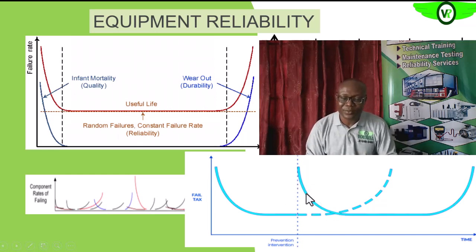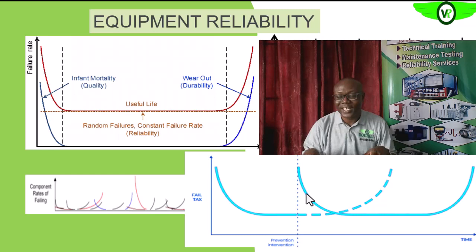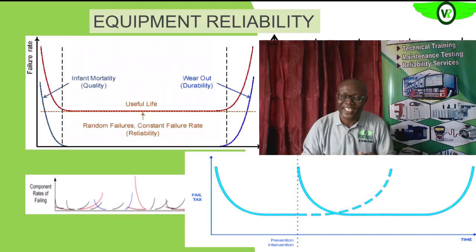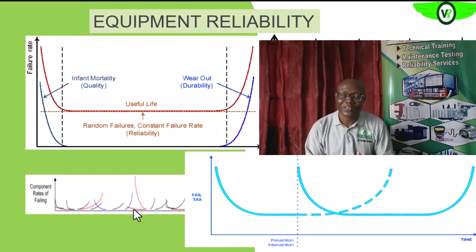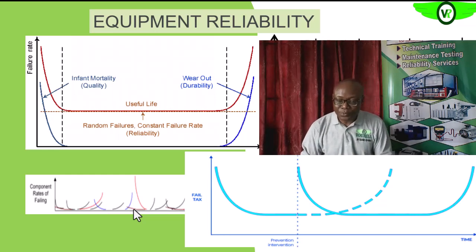So you see that the PM program, or most of the maintenance programs that we have in our facility, do not actually take care of our reliability issues. Okay, but as you can see, this random failure that is caused by these various components, we actually could not determine them. So the unplanned failure, let me put it like that, unplanned downtime, random failure, will always occur with this kind of